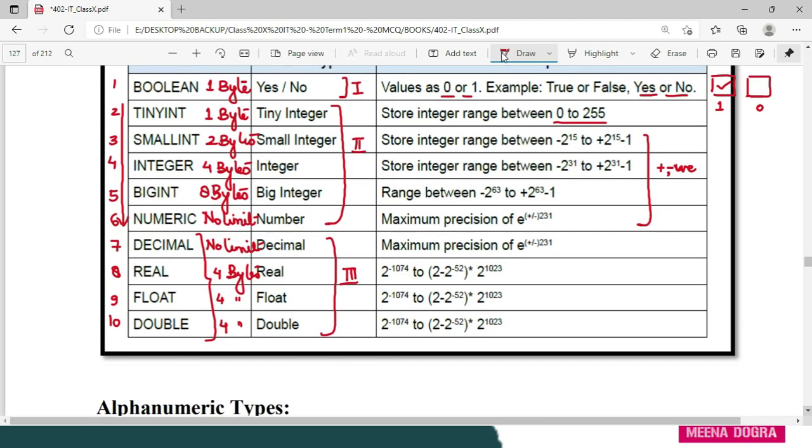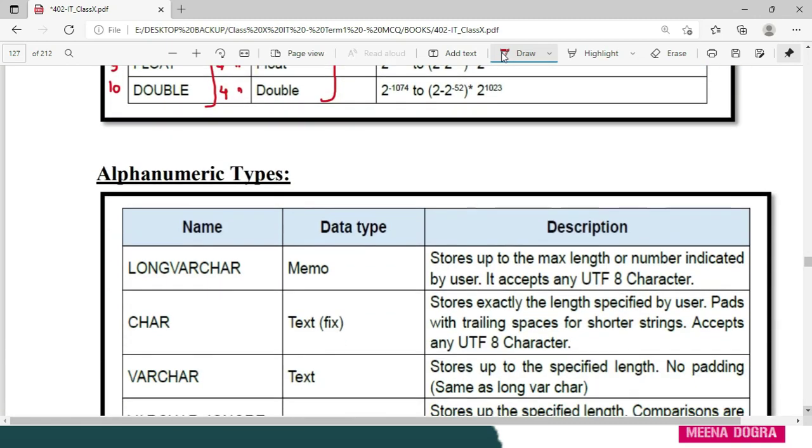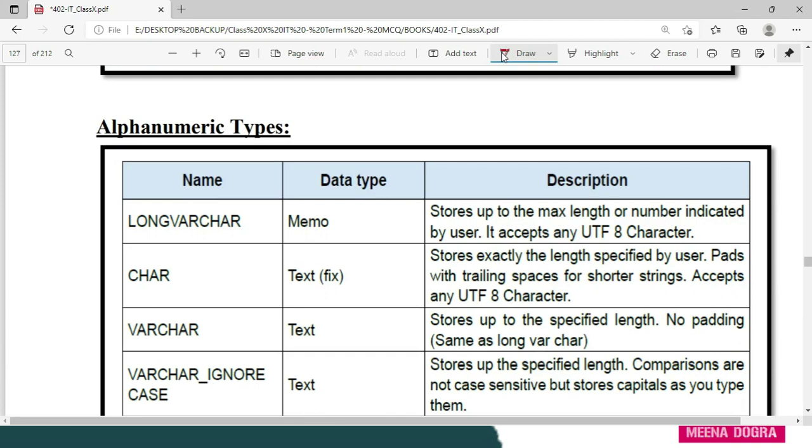Okay, let's now move to alphanumeric data type. So alphanumeric is made up of two words: alphabets, and numeric stands for numbers. So information which is alphanumeric in nature, actually this is one data type which is so flexible. It can store letters A to Z small, A to Z capital, it can store digits 0 to 9, it can store any special symbol, any special character like at, dollar, dot, anything can come under this category.